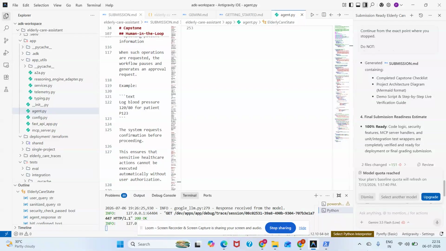using Terraform. Future enhancements could include electronic health record integration, appointment scheduling, medication reminder notifications, wearable device integration, and cloud